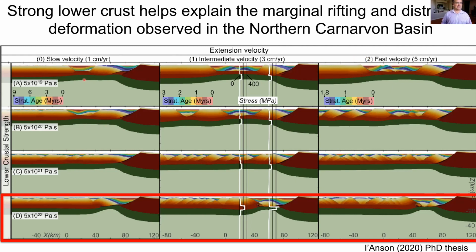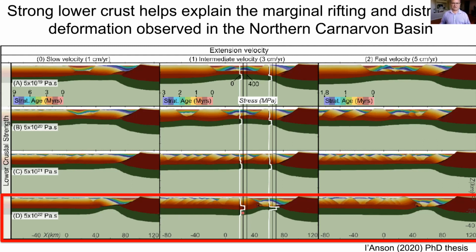And then Amy also varied the strength of the lower crust from weaker crust at the top to stronger crust at the base. And I suppose one of the characteristic features of the Northern Carnarvon Basin that I should have pointed out on the previous slide really is the way in which the rifting is concentrated, or the extension is concentrated into those marginal basins on the south. And then there's a very distributed pattern of much smaller displacement extensional faults all the way across the very extensive region of the Exmouth Plateau. And it was really these lower models with the